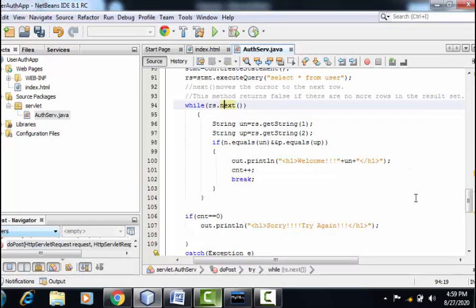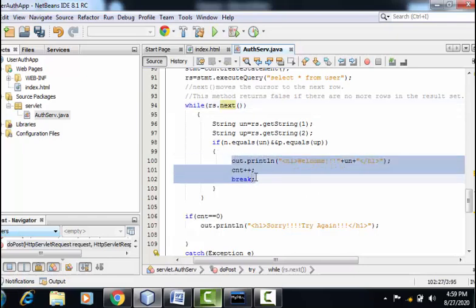In case the user enters values which are not present in the database, these statements won't get executed. Ultimately, we will come out of the loop and the value of my counter variable will still remain 0. In that situation, the user will get the message, sorry, try again.